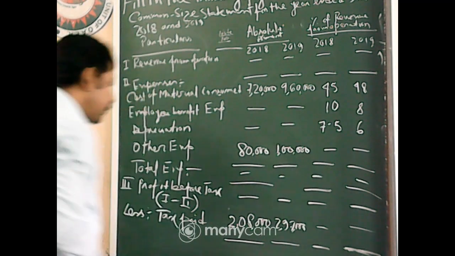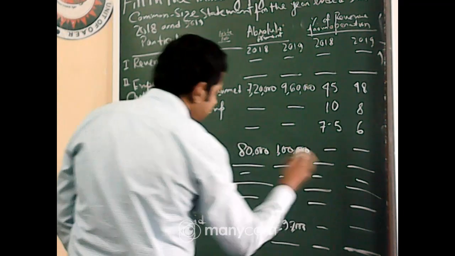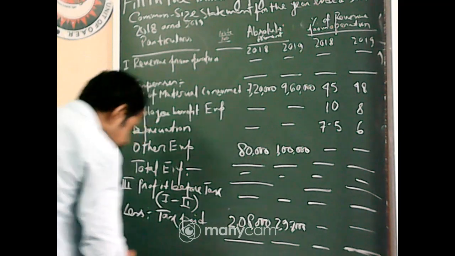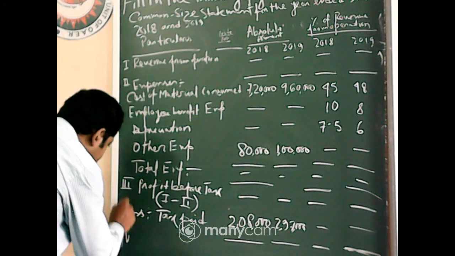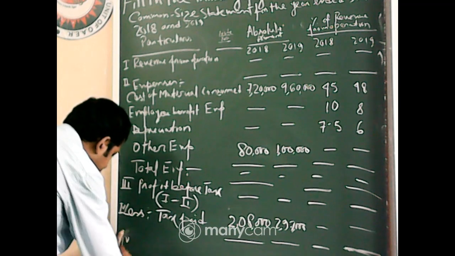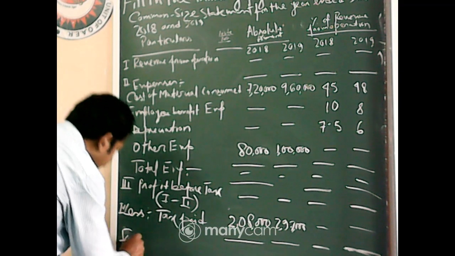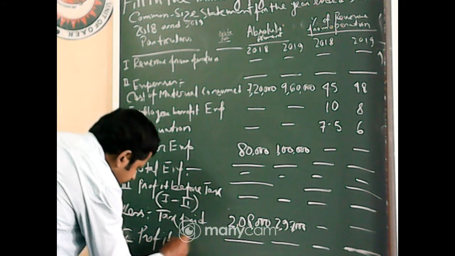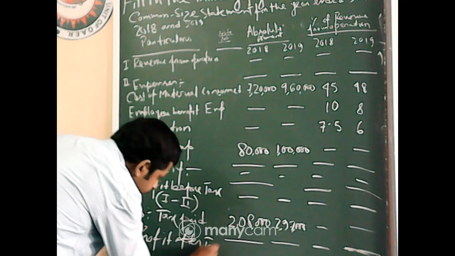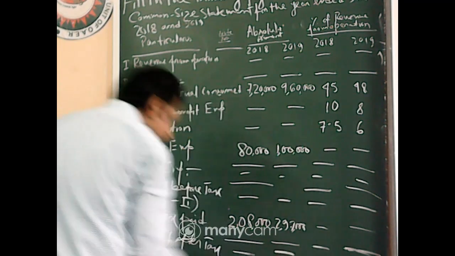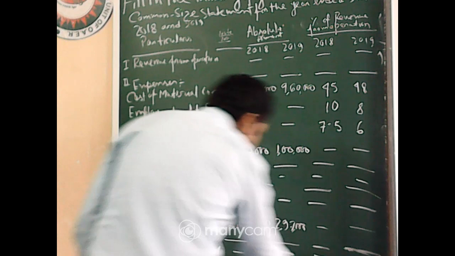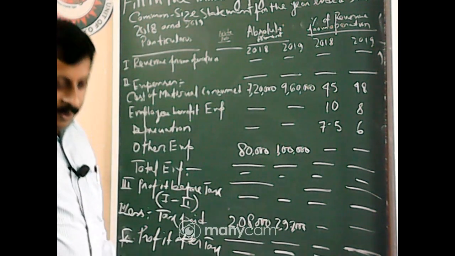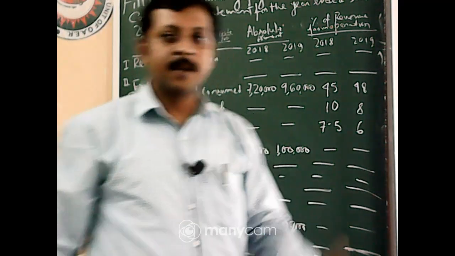And after tax is paid, but no percentage figure is given in the math. After tax is paid, what do you reveal? You reveal that number 4 is tax and number 5 is profit after tax, that is net profit. And you have to calculate all the figures. So this is the problem given by the question.